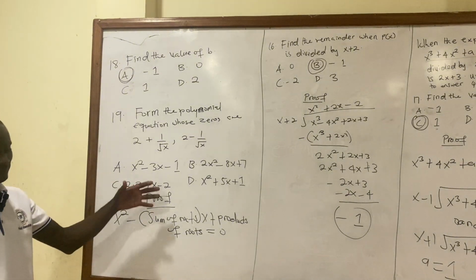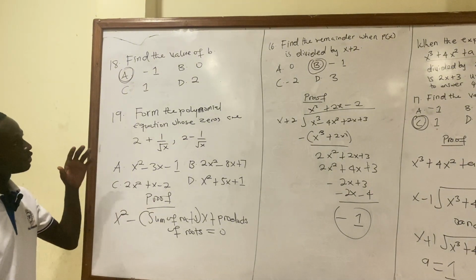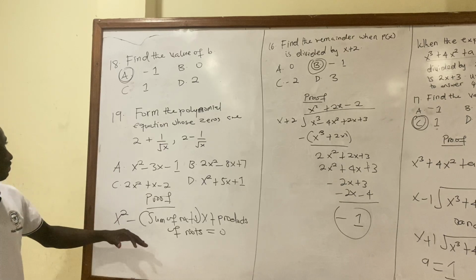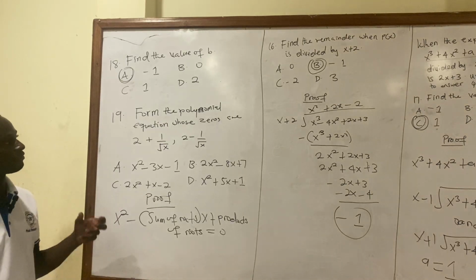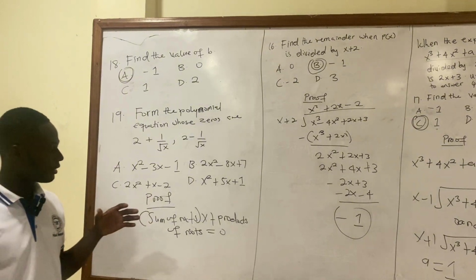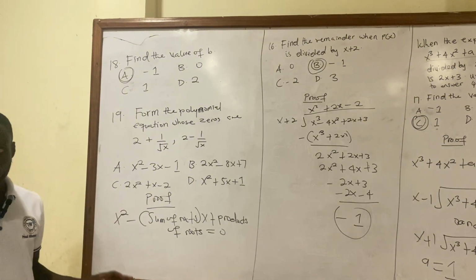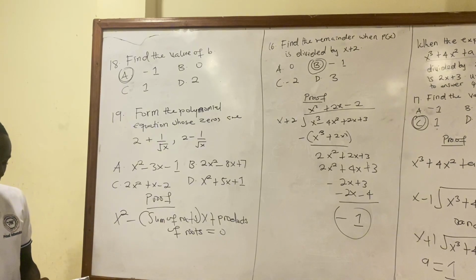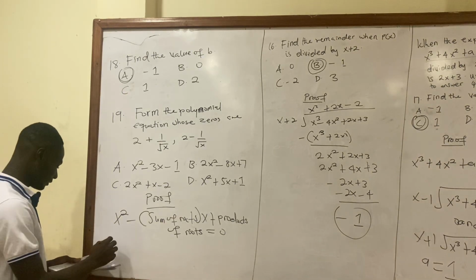So when you have something like this, all you have to remember first is the general equation of the polynomial, which is x squared minus sum of roots x plus product of roots equals 0. So from there, you know that our sum will be,